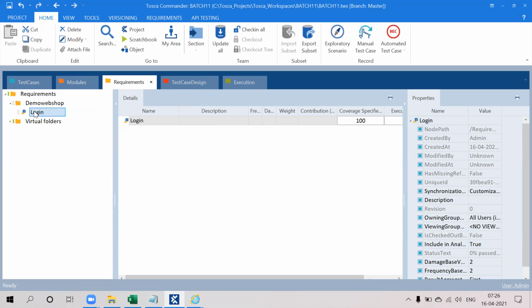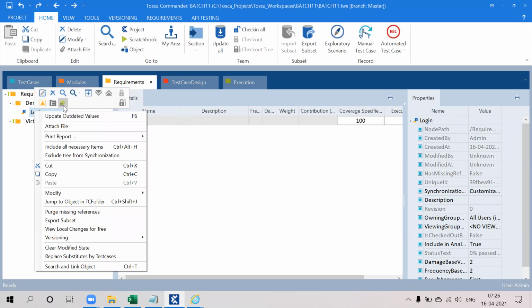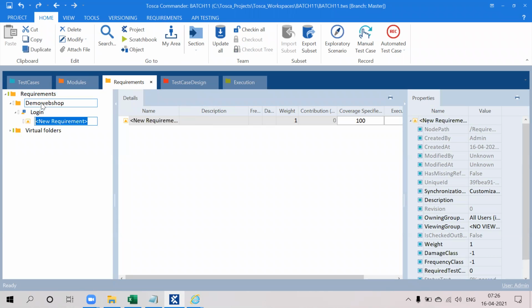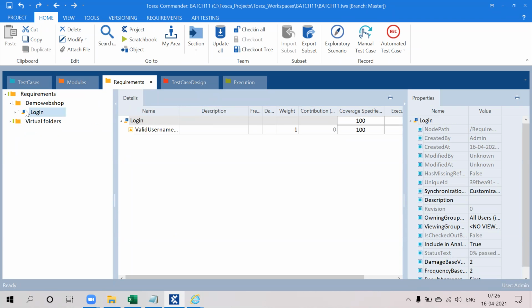Under that you can create a requirement, like valid user name and valid password.